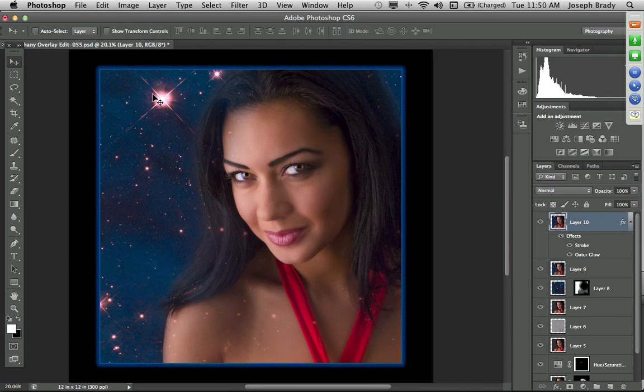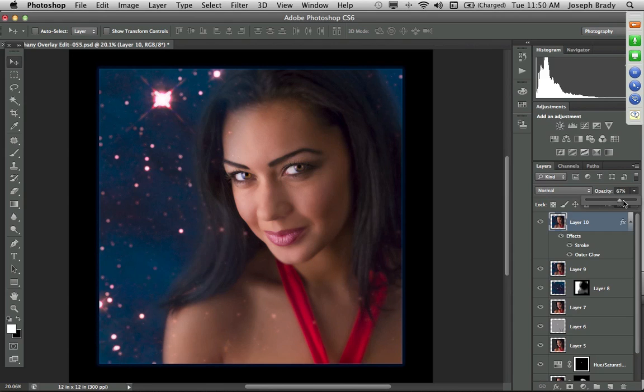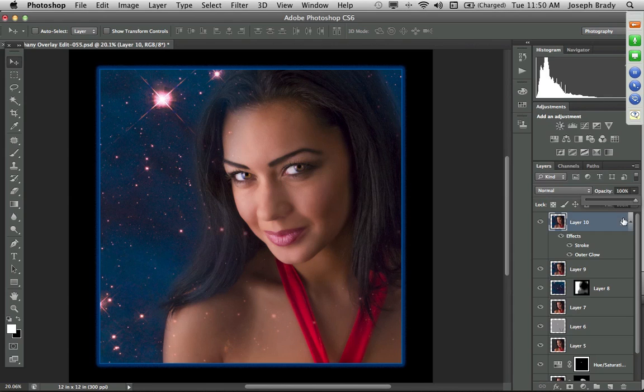Okay, but now notice that we've lost our background blur. And that's where the difference between the opacity and the fill sliders comes in. Opacity will change the opacity of the entire layer so that it starts to disappear. Fill, on the other hand, will affect the image but not the effects underneath it. So as I bring this down, you can see I could actually have my stroke with the blur complete, or have it anywhere in between. So I'm going to set the fill about right there,